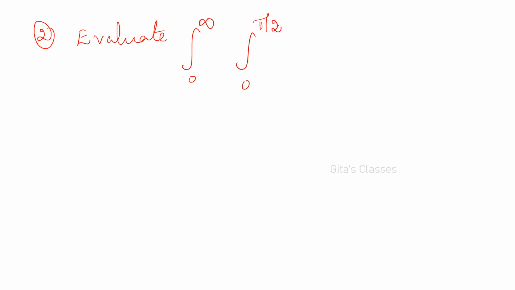Okay. So next problem, evaluate integral 0 to infinity, integral 0 to pi by 2, e power minus r squared into r into... this itself shows that r cannot be equal to pi by 2. The pi by 2 means it is theta value only, and infinity cannot be assigned for theta, therefore it should be for r. So it is understood, innermost integral is for theta, d theta dr. This is the order.